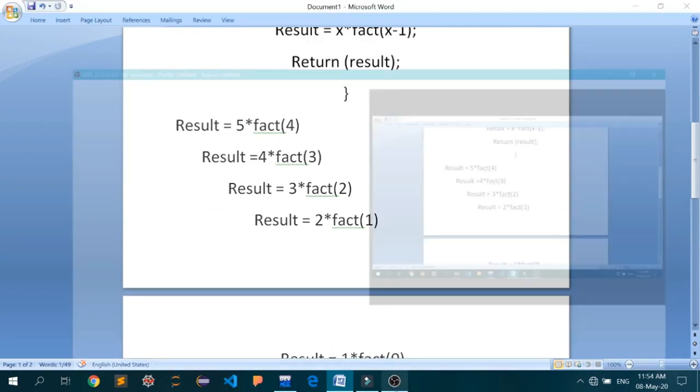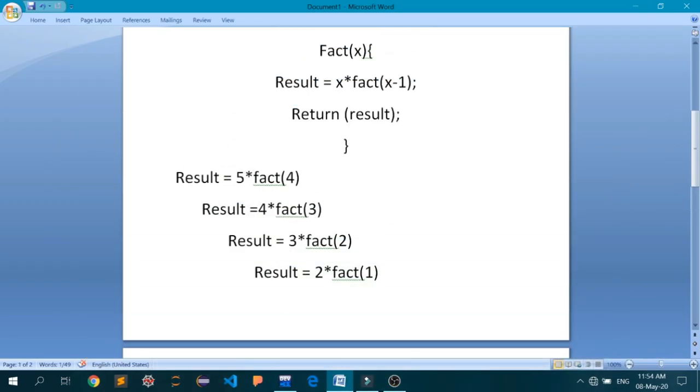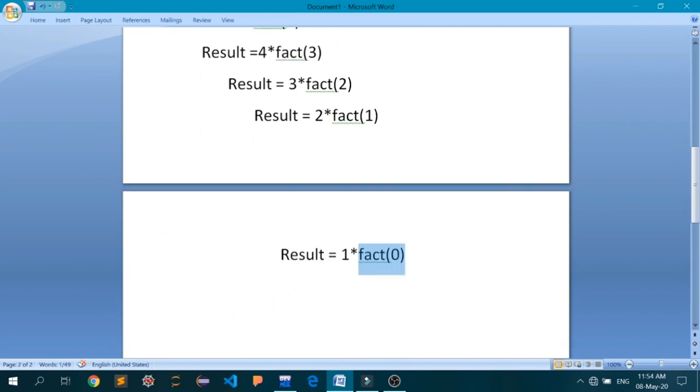So what I will try to do is stop it somehow at x equal to 1. Now from this particular line, what should be the factorial of 1? If you calculate, it must be equal to 1 itself. Okay, so what you want is if an argument equal to 1 is passed to the function fact, it must return the value 1. This is what I wanted.